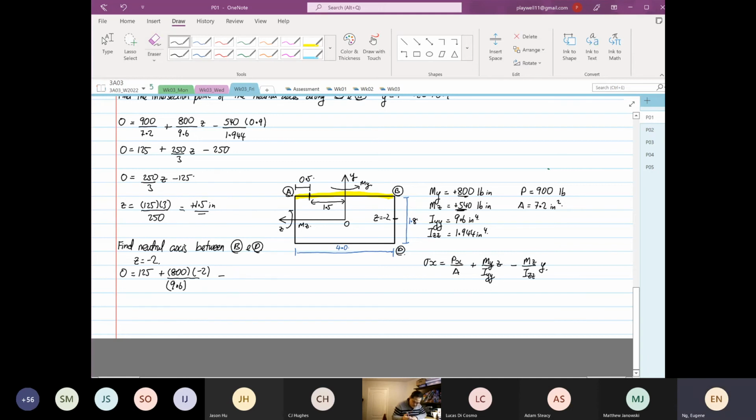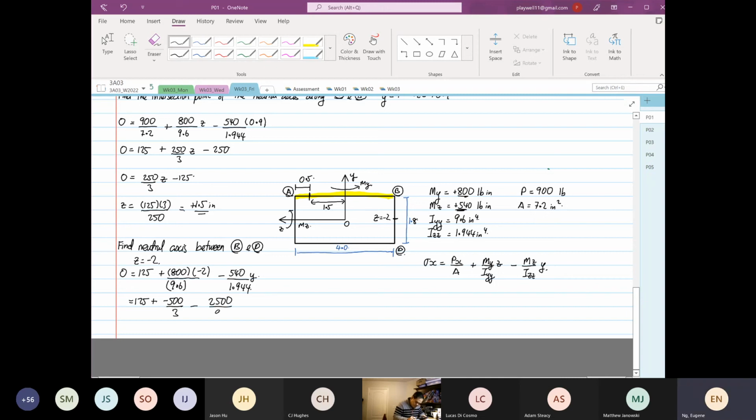Mz, what do you mean using right m? 540 divided by Iz, 1.944, multiplied by y. Okay, so this one you will get 125 plus 800 times minus 2 divided by 9.6 is equal to minus 500 over 3, minus 540 over 1.944 is equal to 2500